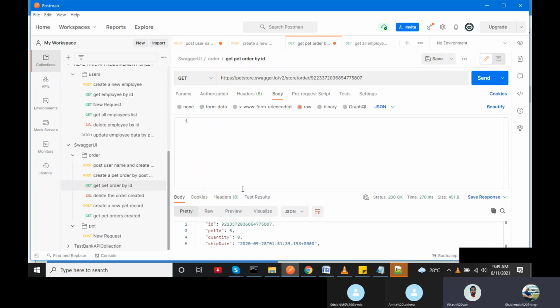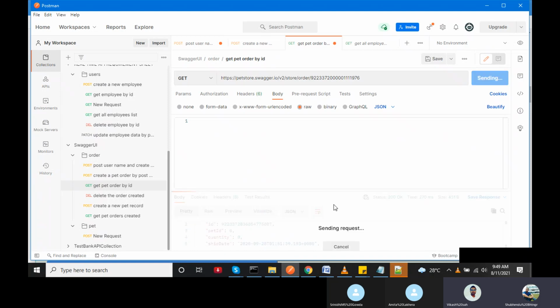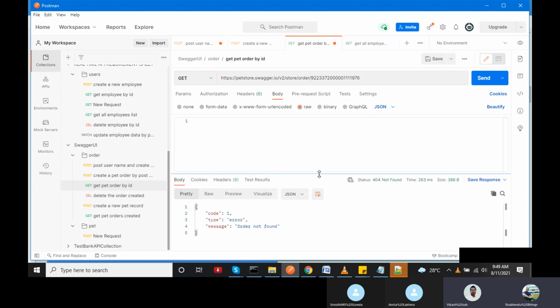And if I pass by ID, I just want to check because this was also not going right. Let me see. I pass this ID. This get raw. Now I check. Will I get a response? Error. It is showing order not found.